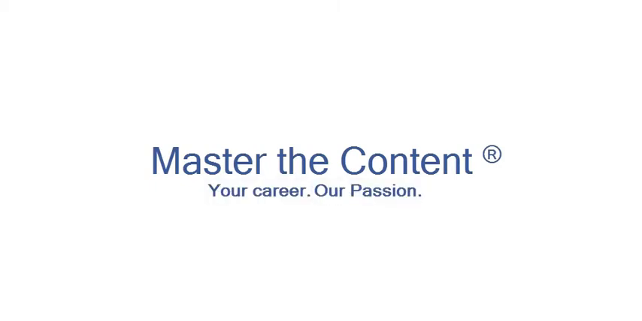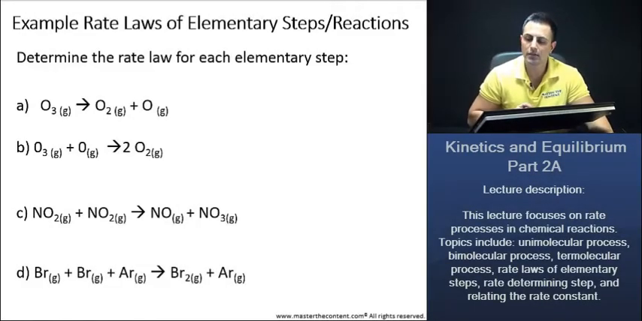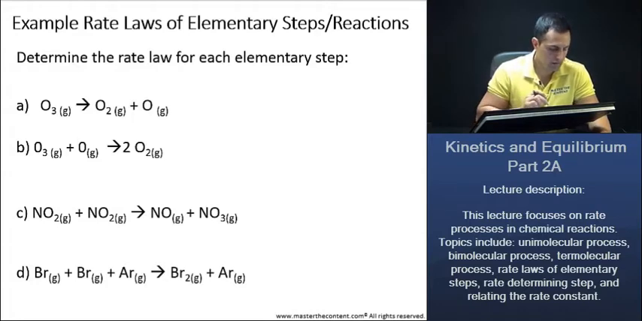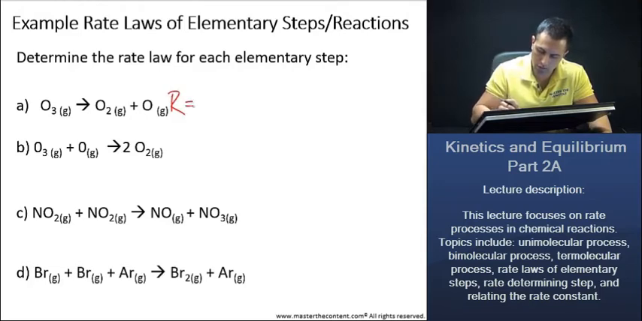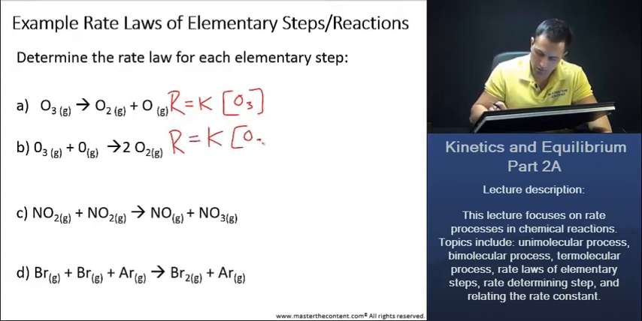Example: rate laws of elementary step reactions. Determine the rate law for each elementary step. Okay, wonderful. Let's take a look here at ozone first. And the rate law for ozone, I'm just going to put R standing for rate law, is just going to be that. Perfect. Now for our second one, our rate law here is just going to be the concentration of ozone and